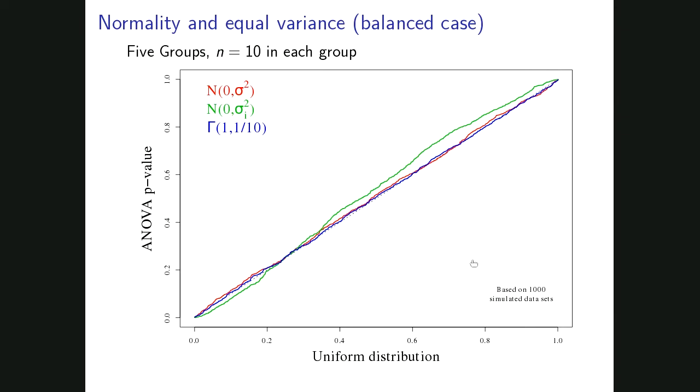So again, we use 1,000 simulated datasets, and we check the p-values from the ANOVA against the uniform distribution. So each group here has the same sample size. And what can you see now from this picture? If we have unequal variances, but the same sample sizes for each group in ANOVA,